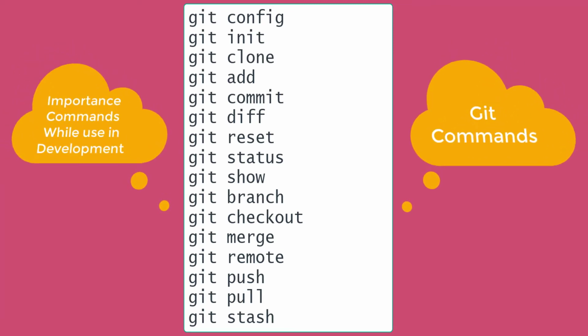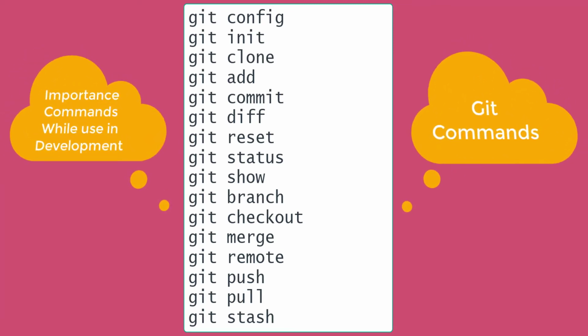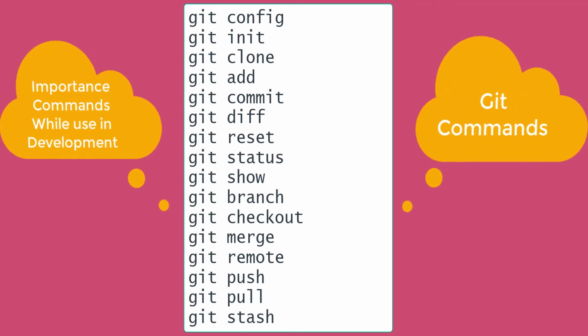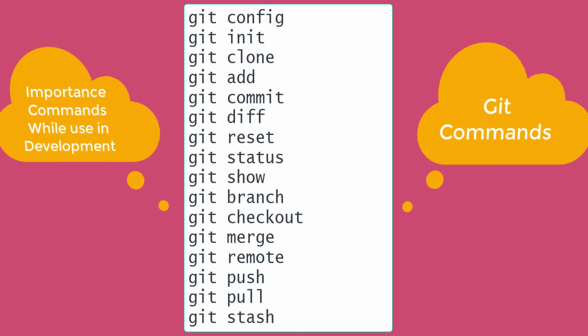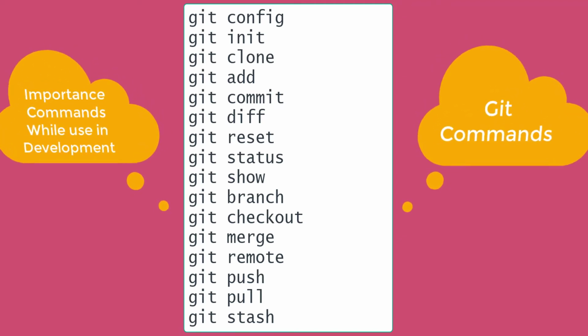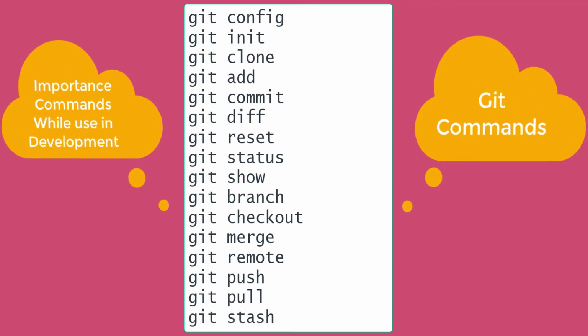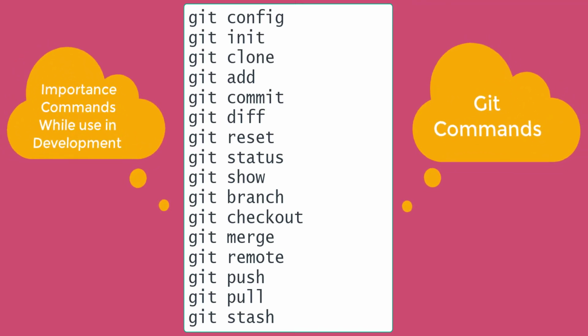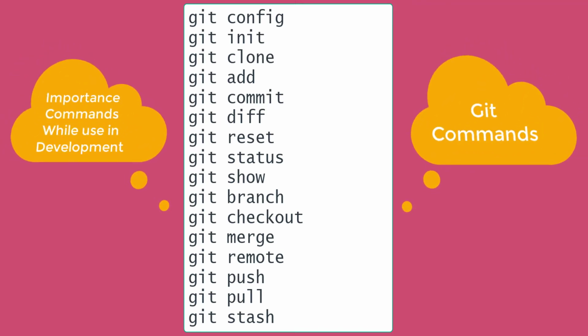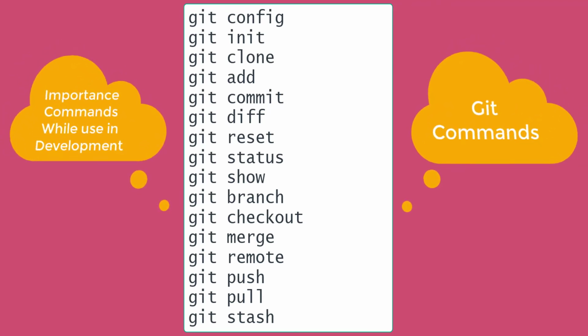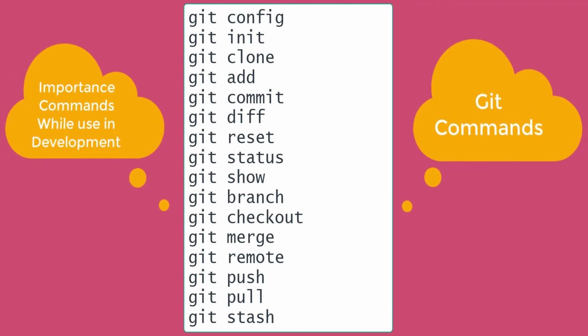And then git diff. Git diff will show the difference before modification and after modification. You might have changed A to B or B to C, anything can be done. The difference will be shown by the git diff command. Git reset. Git reset is used because there are two stages available in the commit: git staged commit and git commit.